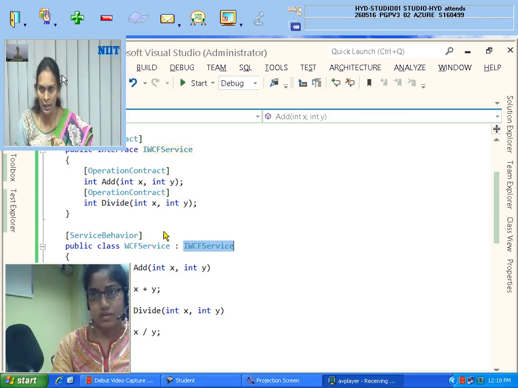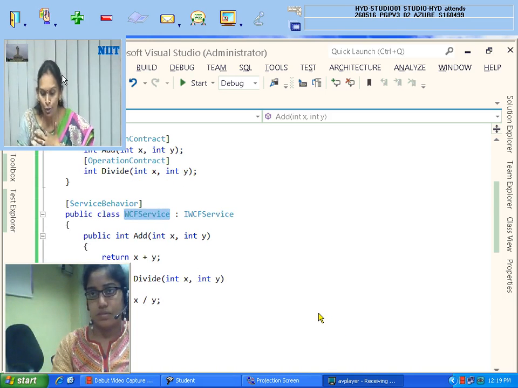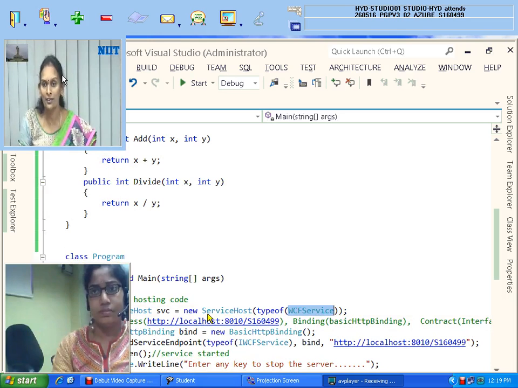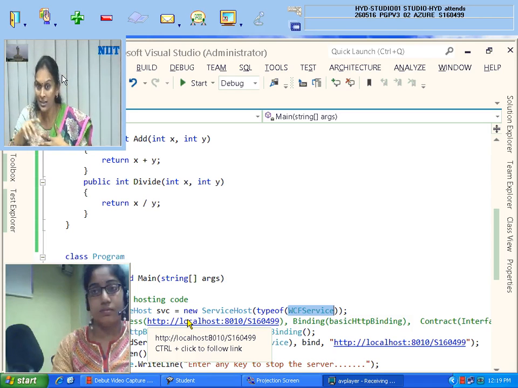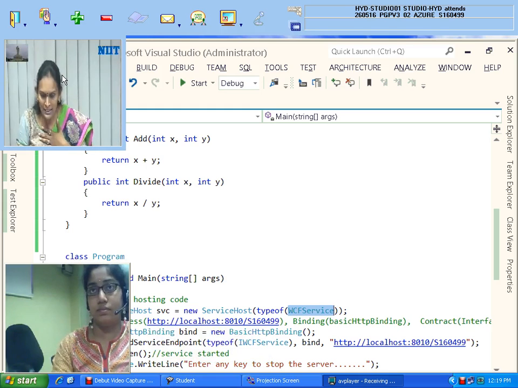The real service that you want to host is the WCF service. That's the reason you need to create an object of your WCF service, and to host that service, you create one gateway. So I am the service. If you want access, don't come directly. I am making one gateway, so your request will be taken by my endpoint, and from there it will come to me. For my service SVC, which I have created, I am creating one endpoint, so that client requests reach me only through that endpoint.